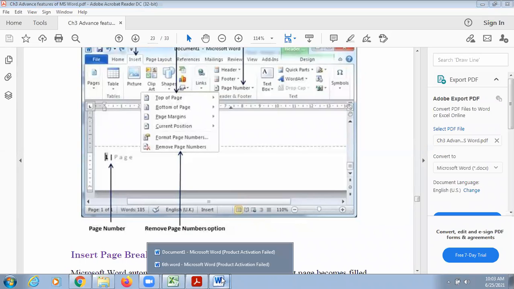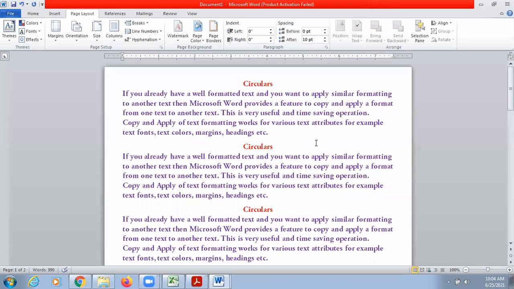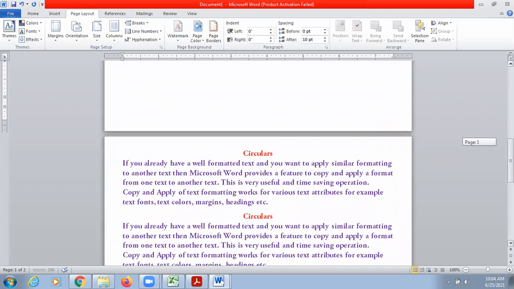Now what is a page break and what is the use of a page break? Page break means I wanted to shift the rest of my content to the next page. Normally, suppose you are creating a book, or maybe some invitation cards, and half of the content you wanted to display on your first page and the rest of the content on your next page. So normally what we do is press enter and shift the content to the next page like this. But this is not the correct way of doing it. Why is this not a correct way?